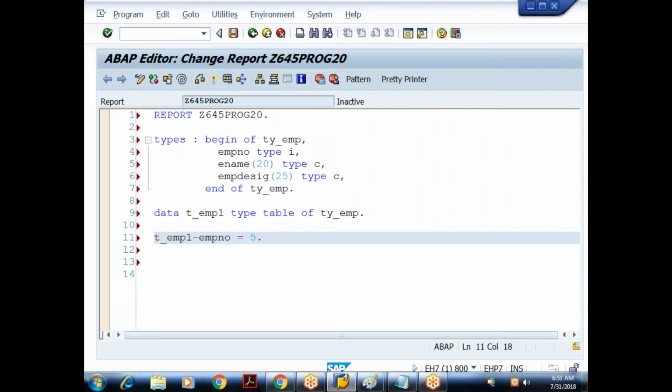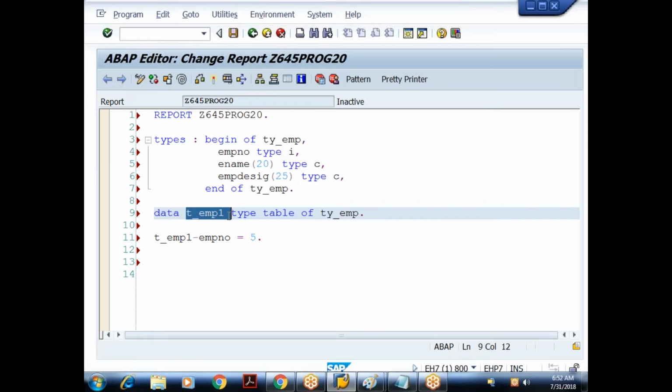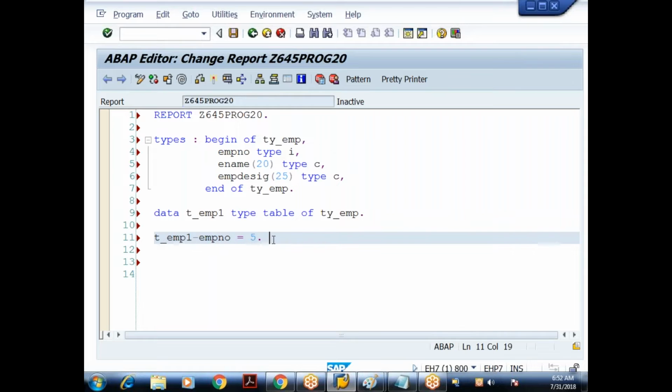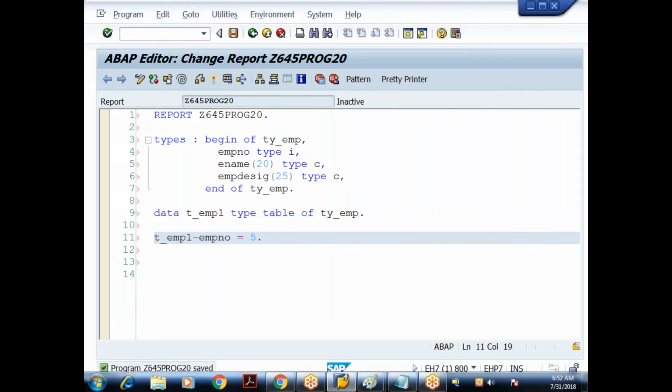So this will try to assign the data to the default header, but this internal table doesn't have any default header. And I cannot directly assign the data to the body area. At this stage my internal table contains only the body area, and doesn't have its default header. So when I try to assign like this, let's see what happens. When I do syntax check,